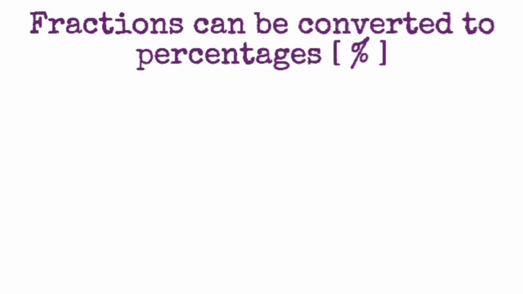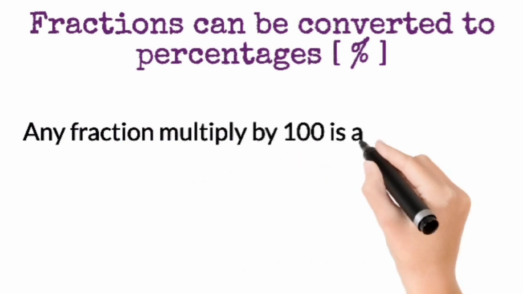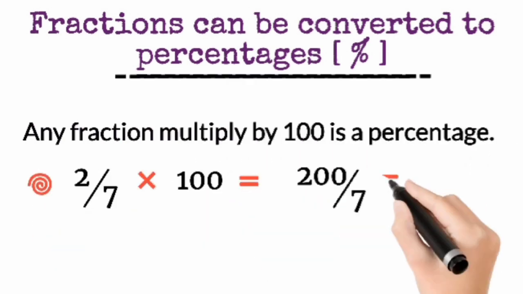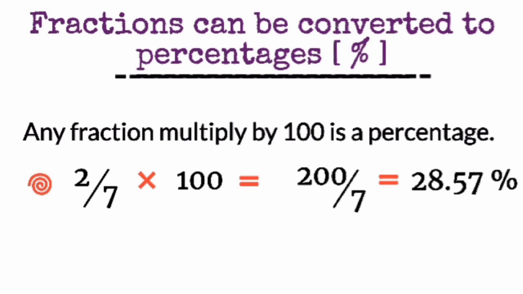Fractions can be converted to percentages. Any fraction multiplied by 100 is a percentage. 2 over 7 is a fraction. When multiplied by 100, it is 200% over 7, which is the same as 28.57%. Or when we have 3 over 5, which is a fraction, multiplying by 100, we have 3 times 100, which